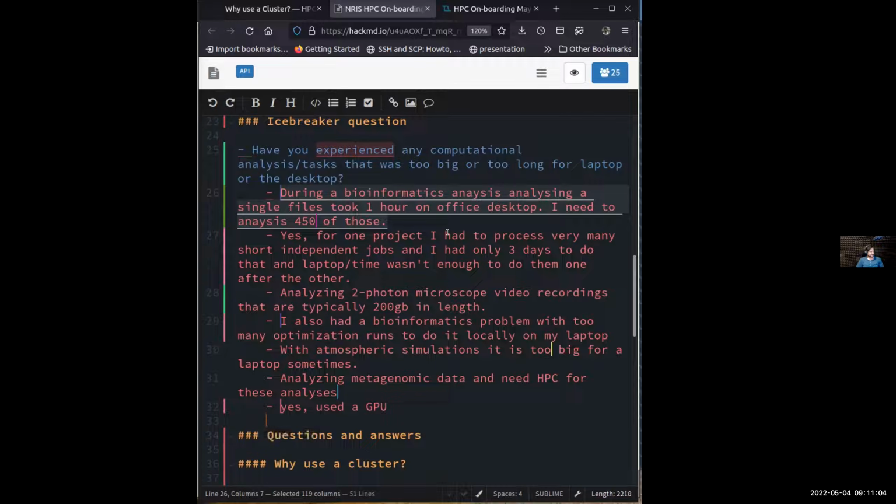So do you see this as an example that could be transferred to HPC and finishes in a reasonable time? Yes, these are great examples, because when we think about a supercomputer, we may think that this is much faster than the laptop. But actually the key of a supercomputer, and we will discuss that and motivate it, the key of a cluster is not actually the speed, but it's the many. We have many of these computers in one, and we can run many of these 1-hour jobs at the same time. And we will show that we can schedule these, and then we can forget about them.